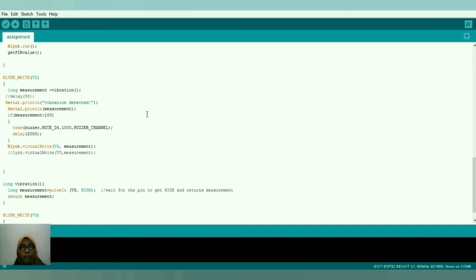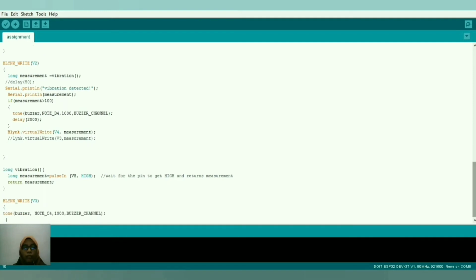Whenever the vibration sensor measures more than 100, it will give us the buzzer sound, else there is no sound. And V3 is for the buzzer button. Whenever I push the button V3, it will give us the sound of the buzzer.